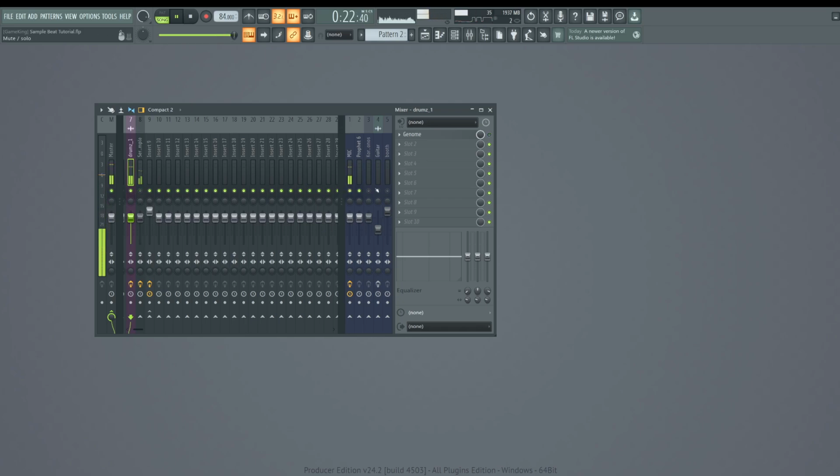Let's mute the sample for a second just so you guys can hear the detail in the drums. I'll just keep switching it on and off. Listen for that crunch on this one.